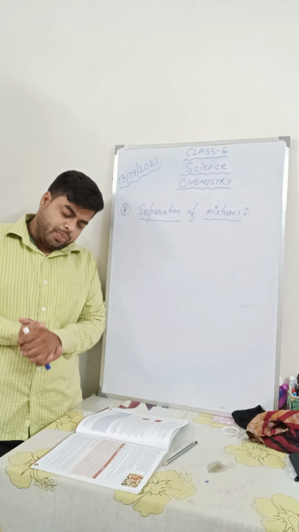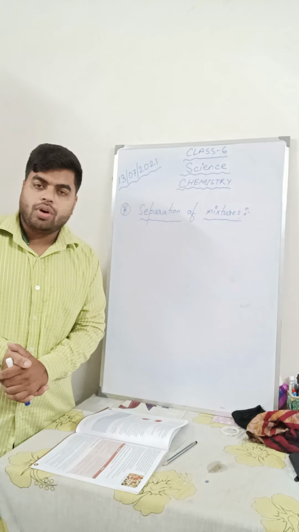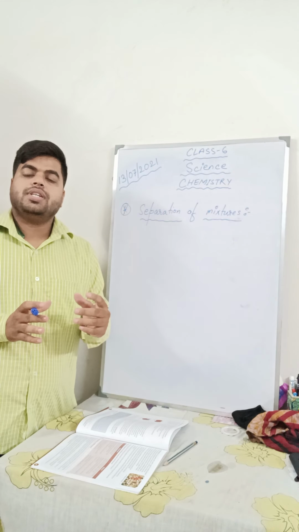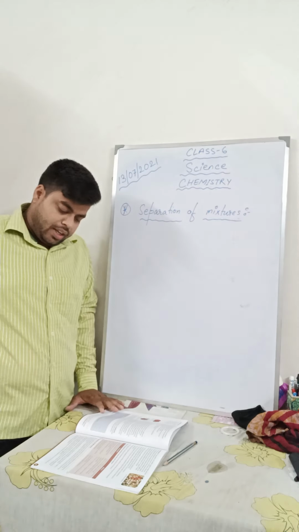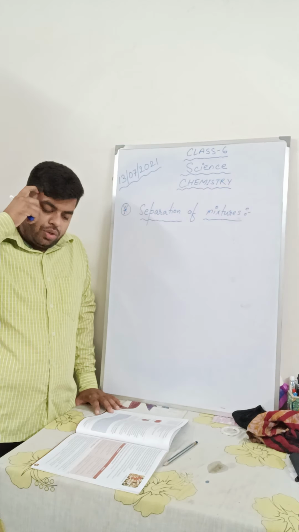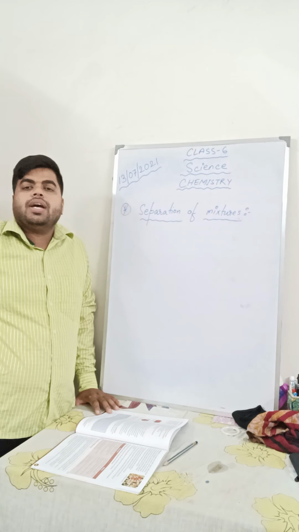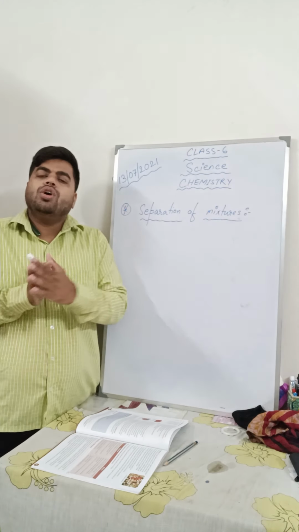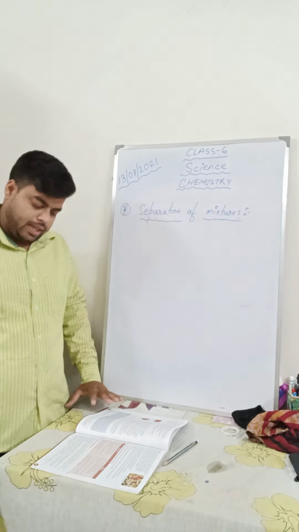The first reason is to separate the useful components from a mixture, that are needed for us. For example, by churning milk, cream is separated from milk so that both the components can be used appropriately. So by churning milk, we can separate the cream from the milk, and we can use both the cream as well as the milk.